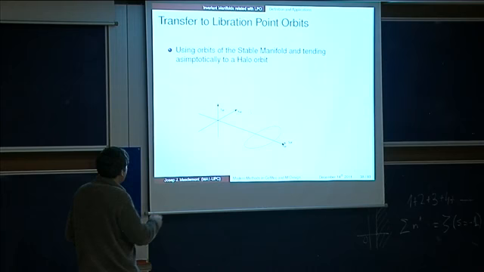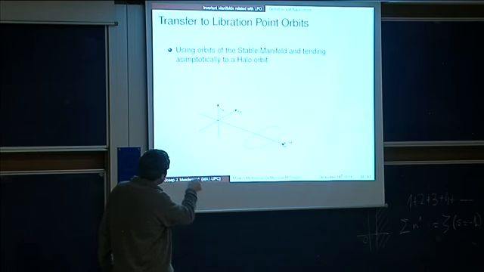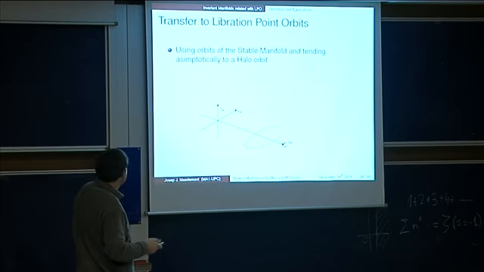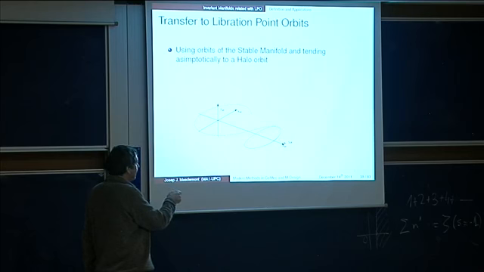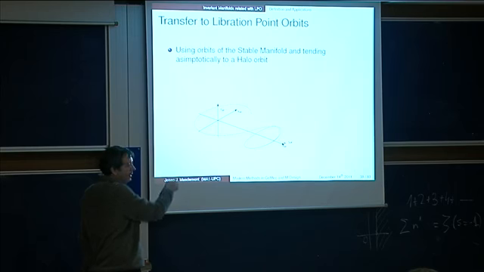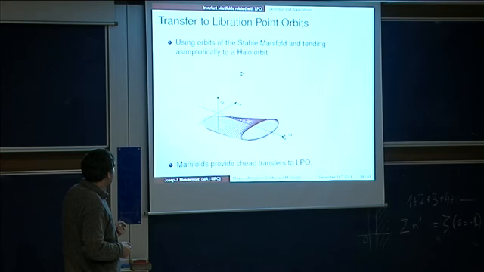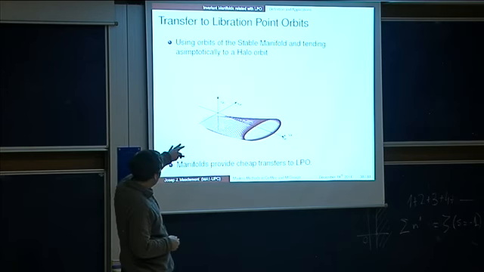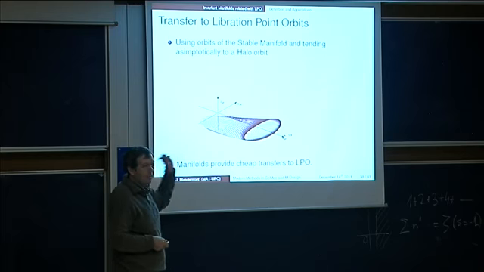For instance, if we have here a Libration point orbit, and we have an orbit about the Earth, how can we transfer? The natural idea is to let the dynamics do the transfer. So if you choose an asymptotic orbit, an orbit on the stable manifold, and you can inject into the stable manifold, then the stable manifold gives you the transfer to this orbit. Okay. The same idea. So here we have a visualization of the whole stable manifold for a halo orbit. So if we take any of these, we will go in a free way to